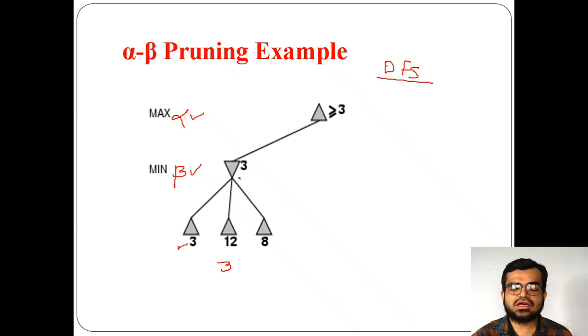Okay. So now what happens here is, as there is only one value remained, the maximum value will be either 3 or greater than 3, because this is the minimum value. Understand this thing here, because if you understand this, then only you can understand the process of alpha beta pruning.